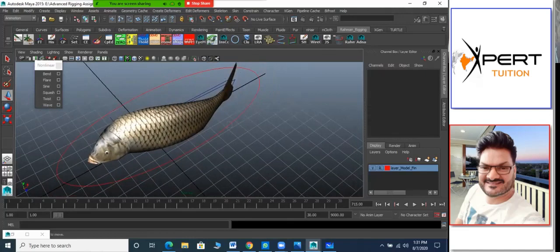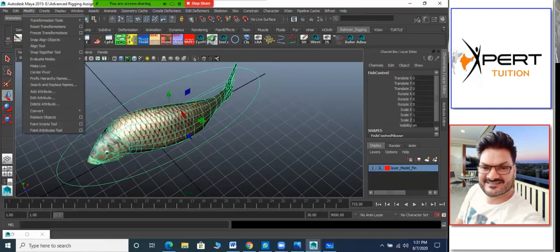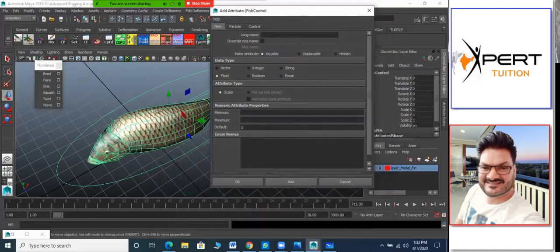So first thing first, I'm going to create a switch to shuffle from bend deformer to sine deformer. Is it clear? So bend means one bend, sine means we have more than one bend kind of thing. So modify, last year we have already used that tool. So you just need to recall yourself, modify, add attribute. Here we can add it. All kinds of things are there.